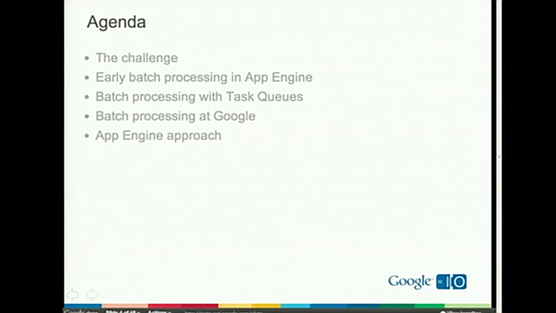So a little bit about the agenda. First of all, we're going to spend a little time talking about batch processing. What is it? How is it different from what Brad was talking about? Then, just to give a little introduction to the topic, I'll talk about how data processing was done in App Engine up to date. Then I'll tell you how we do batch processing at Google. Then we're going to spend the rest of the session on how we would like you to do your batch